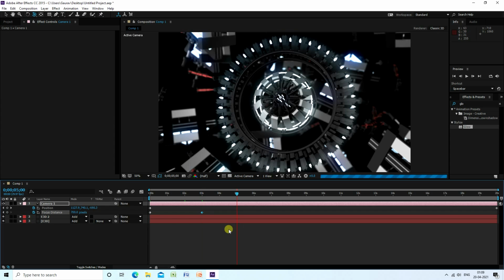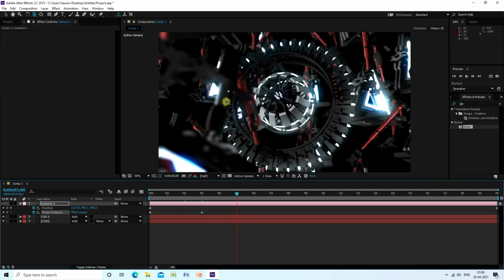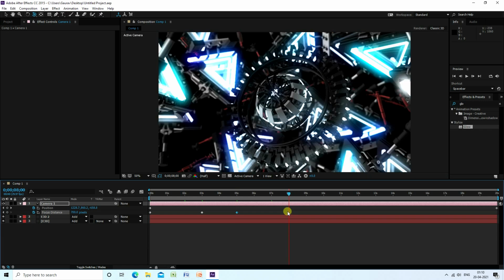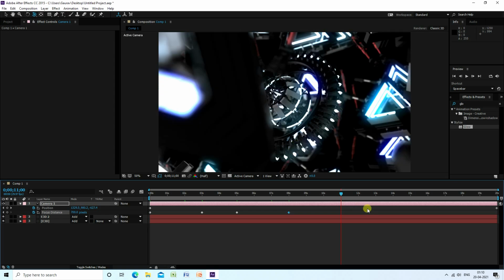I go to 5 second. Yeah, focus is good, so click on here keyframe, and guys go to, guys now I go to 8 second, 8 frame. Yeah, focus is good, and select this keyframe and go to 11 second. Guys that's my manually change focus, and guys see that's my beautiful brightness light. Yes, good. And guys go to 14 second.